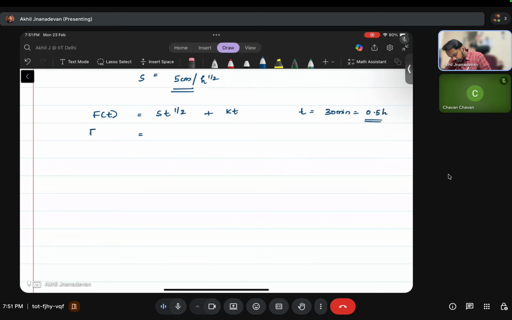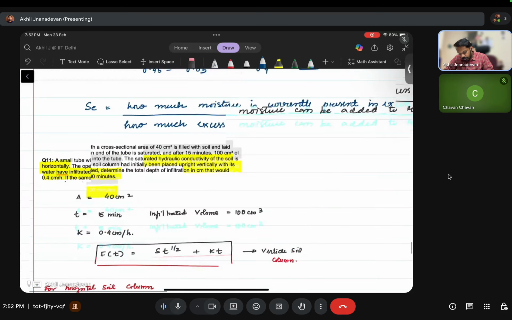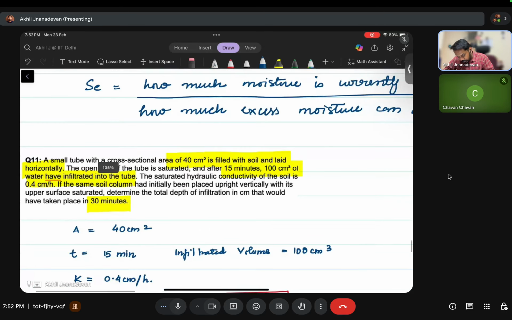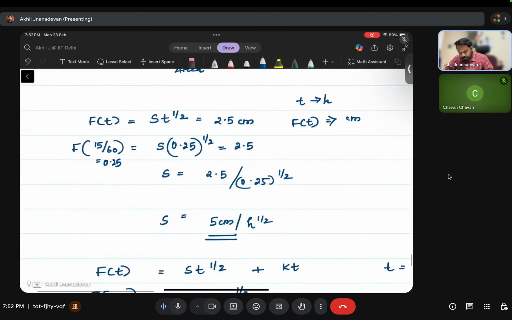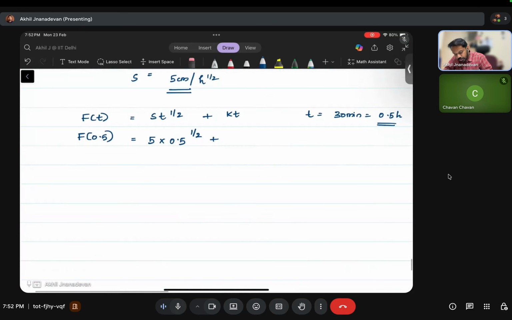That is F of 0.5, nothing but S is given by 5 centimeter per hour into 0.5 raised to half. Hydraulic conductivity K is given in the question, that is equal to 0.4 centimeter per hour. So it is given in the question. K is equal to 0.4 centimeter per hour, right? So if you substitute that,